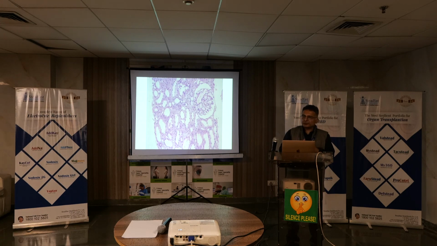What will electron microscopy show if there is a tubular injury? That is the earliest change which happens. It will show a loss of brush border. So tell me one thing, is the brush border seen in the proximal convoluted tubule, distal convoluted tubule, or collecting tubules? Proximal convoluted. So you will see these changes dominantly in the proximal convoluted tubule in the form of loss of brush border. So in this biopsy, all the tubules are arranged in a back-to-back manner,